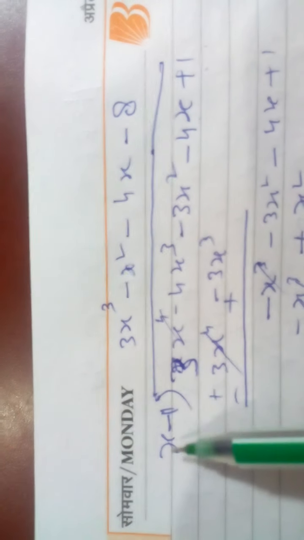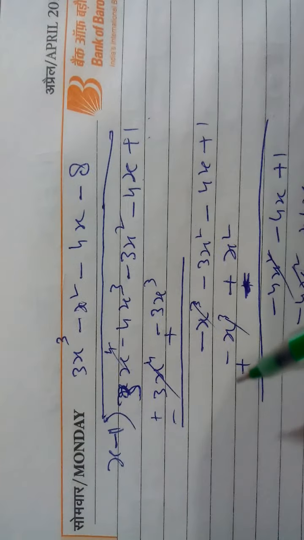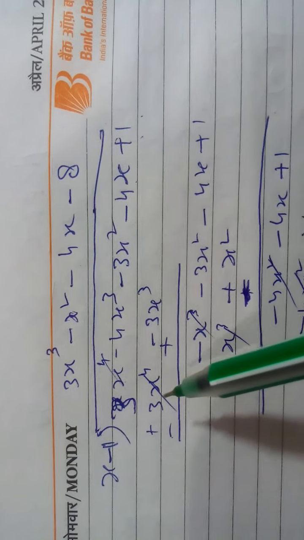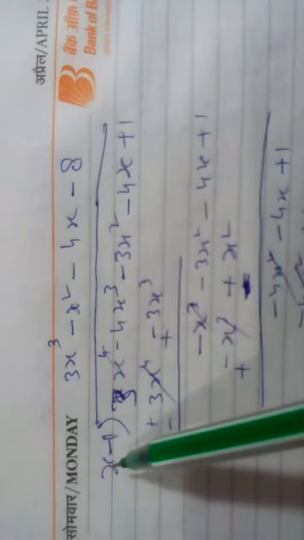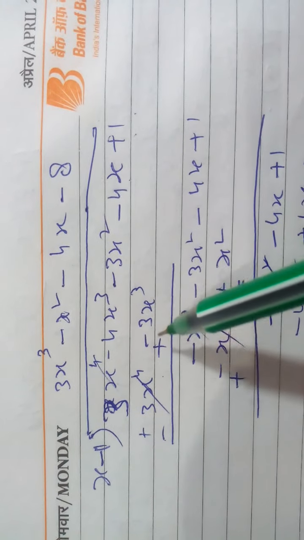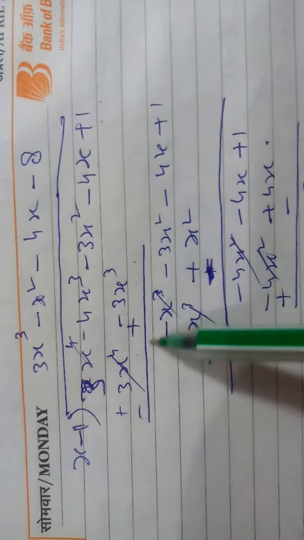Here x power 4, and your first term is x power 1. So how many do you want? x power 3. So it is your 3x power 4. Multiplying the divisor's first term by a number which gives you the first term of this: 3x power 3 into x gives you 3x power 4. So 3x power 3 by minus 1, you are getting 3x minus 3x power 3. Like terms under like terms. In subtraction the sign will be changed, so minus changes to plus and plus changes to minus.